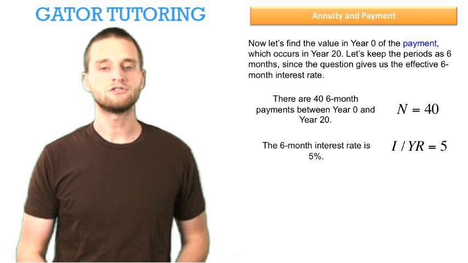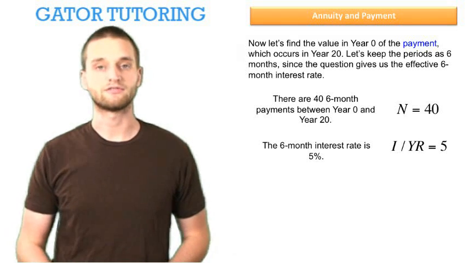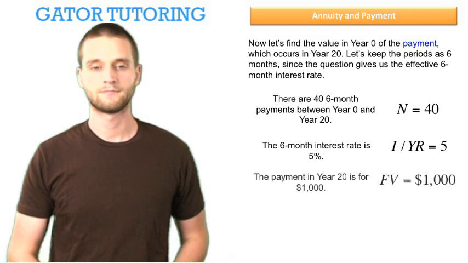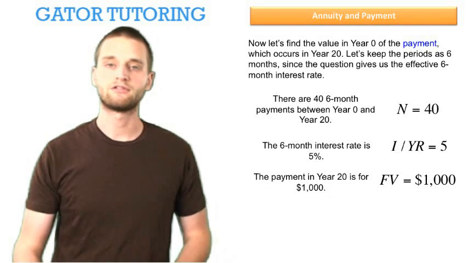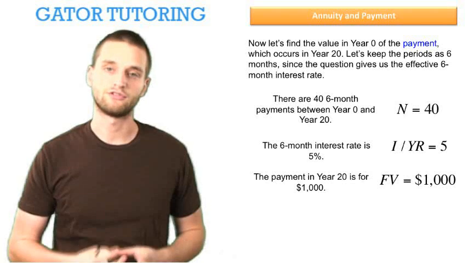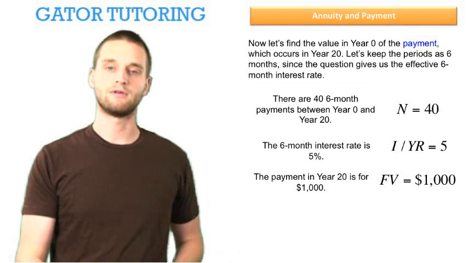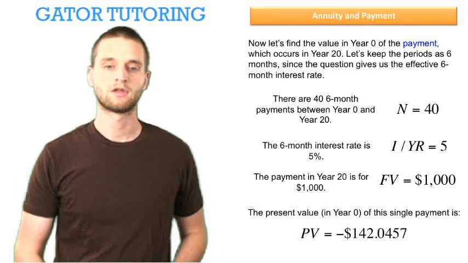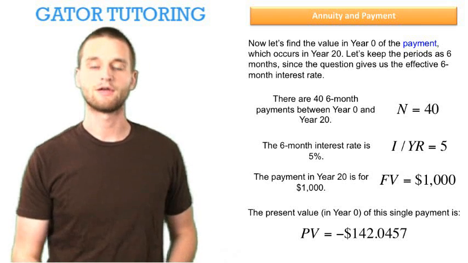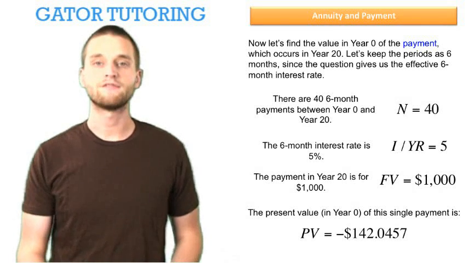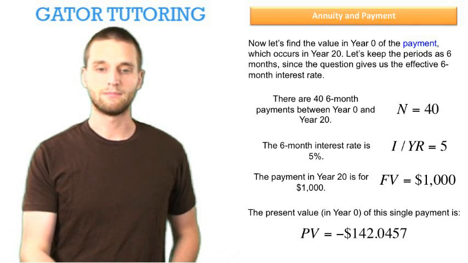The 6-month interest rate is still 5%, so we enter 5% for the interest rate. The payment in year 20 is for $1,000. And so since we're trying to find the present value in year 0, this $1,000 is going to be our future value. So the present value, which is again in year 0, of this single payment that we get in year 20, at the end of the life of the security, is going to be